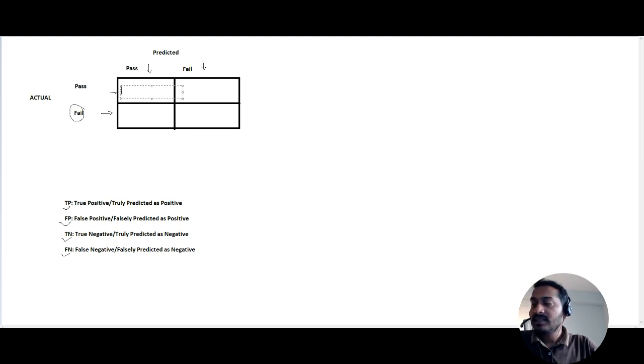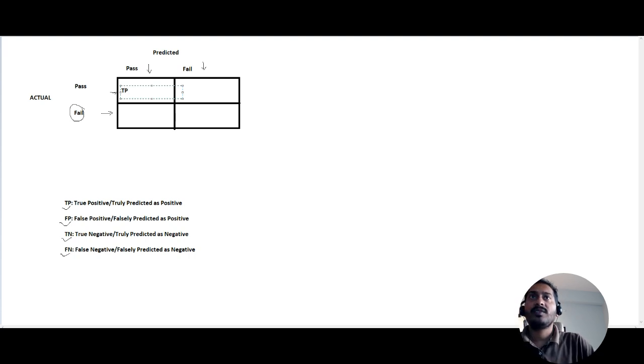We consider pass as positive and fail as negative. You can consider vice versa also, but for remembering purposes we consider pass as positive and fail as negative. So this coordinate contains pass in actual, and the prediction also says pass,